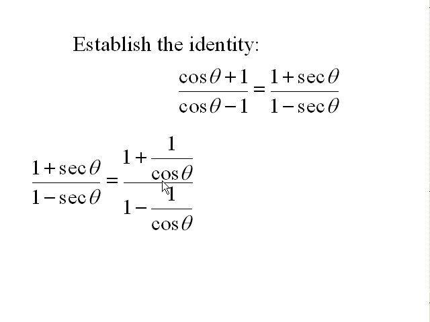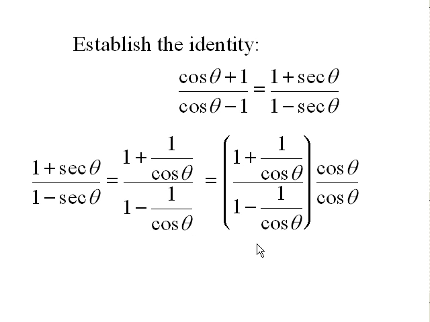Well, this is worse in a way. It's an uglier fraction than what we started with, but it does have cosines in it instead of secants. So let's keep the cosines and make the form of it a little bit nicer by clearing out this compound fraction. I'll multiply top and bottom by a common denominator.